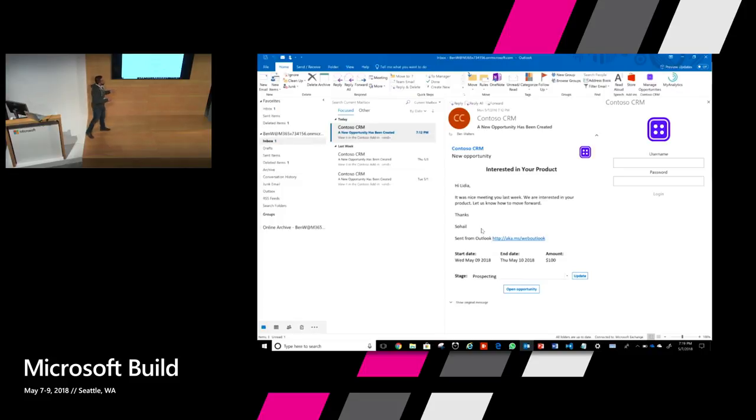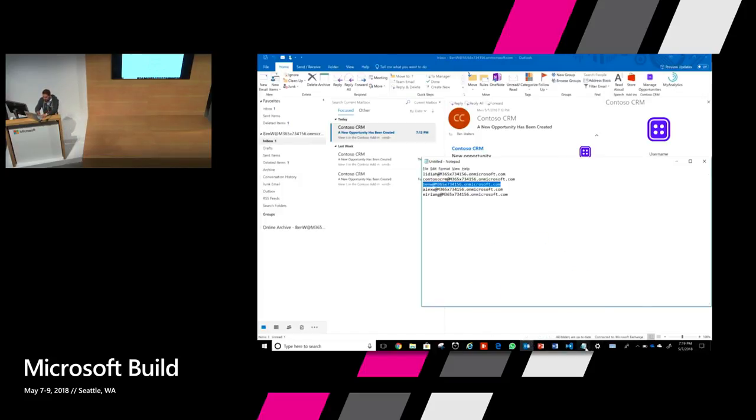But there's still one step remaining: the user is asked for the username and password. This is the scenario where Contoso CRM is using something other than Azure Active Directory for their authentication system. If they were using AAD, they wouldn't be seeing this login prompt. So I'll just give my ID there.